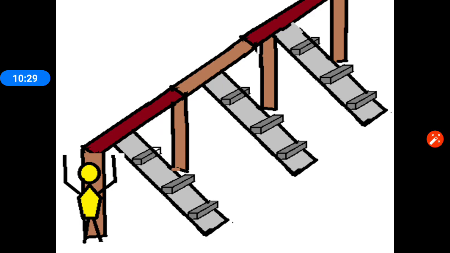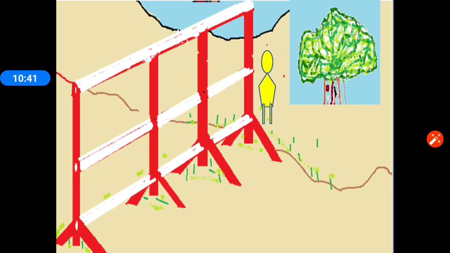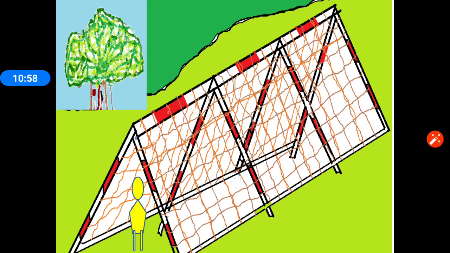These are all inclined planks. The height is about human height, 6 to 7 feet. So you have to climb over these planks and jump to the other side with the load, that is the snake. These are vertical bars with pipes. The red portion you are not supposed to touch. So again you have to cross over these bars, and the height is about 6 to 8 feet. Spider-Man net, red portion you're not supposed to touch, and you have to cross over. The whole group is required to go over these nets with the tent or snake.